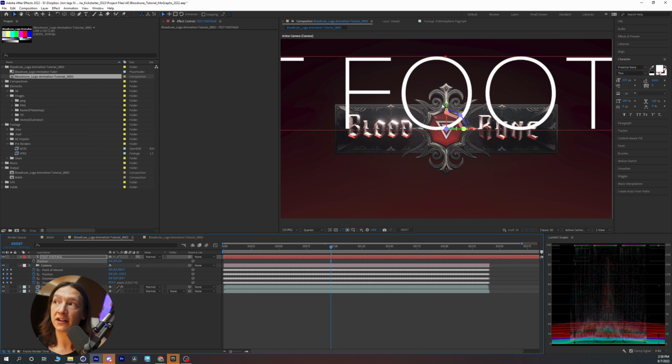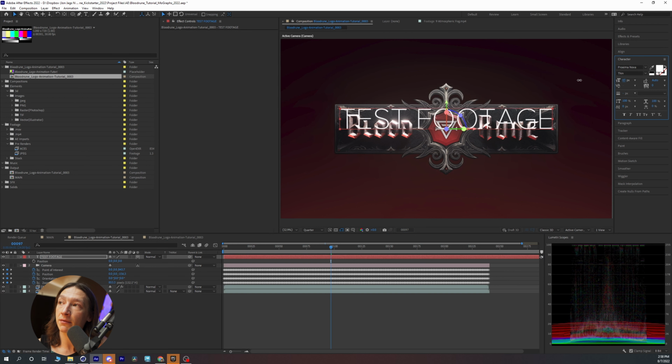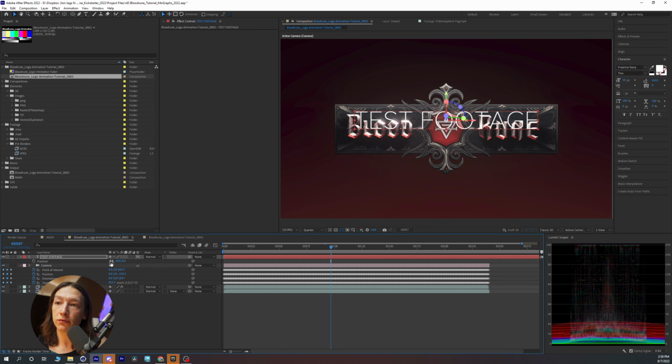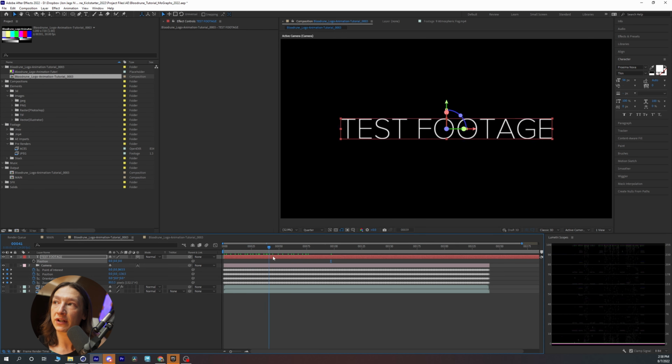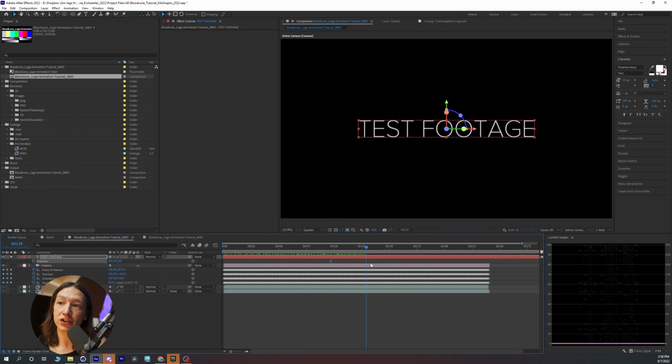And now we can see that our text is in the scene, and unfortunately it's a little big. That's another downside about working with the Cinema 4D camera, so we have to change our font size to something smaller. Now, I'm going to put this directly into the center, and I'm going to solo it. And if I play this back, we can see this matches our camera animation really nicely. And if I unsolo that and play it back,